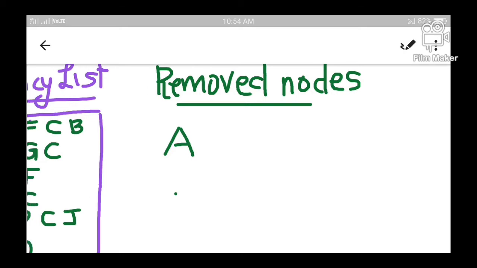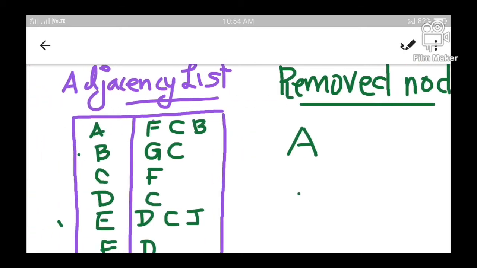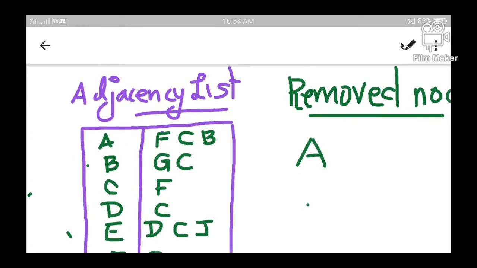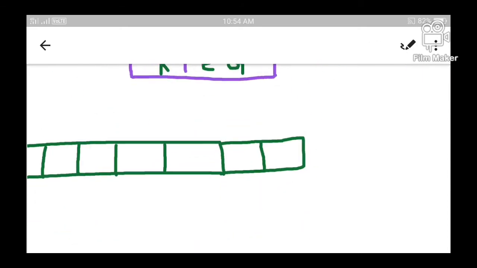So when A is removed, who all are the nodes that are to be inserted to the queue? Let us see. The adjacent nodes of A are F, C and B. So when A is removed, all its adjacent nodes, which are F, C and B, are to be inserted into the queue. So let us insert all the adjacent nodes of A to the queue.